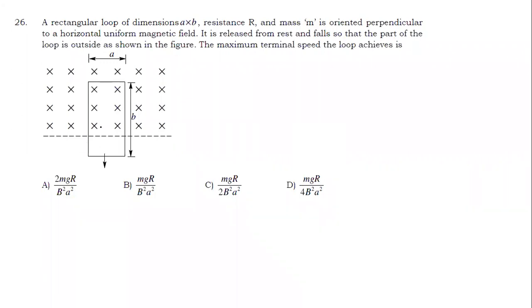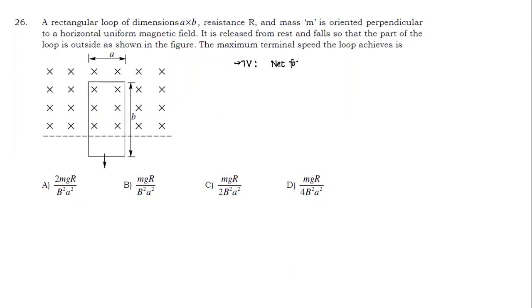One way of thinking would be, okay, I can solve using induced EMF. But first of all, we have terminal velocity. The moment I notice terminal velocity, what does it imply? Karthikeya, what does terminal velocity mean? The velocity it attains when net force is 0. So the moment I see terminal velocity, I immediately note that net force has to be 0.